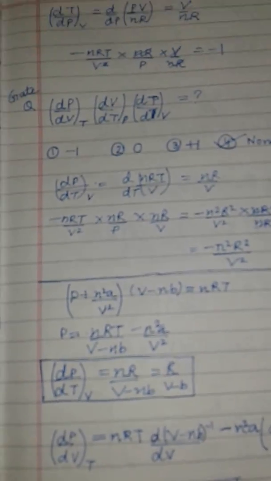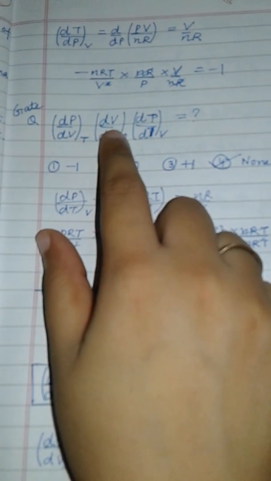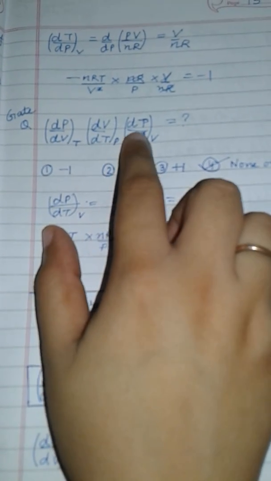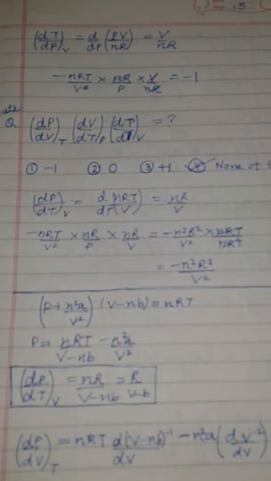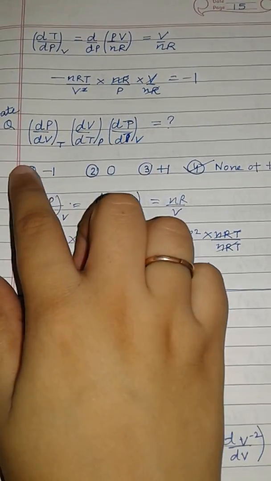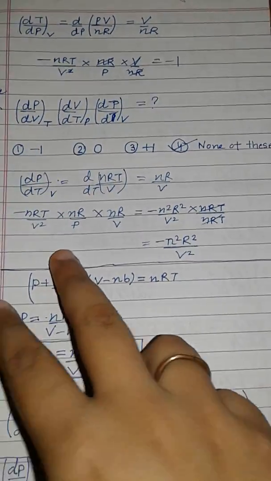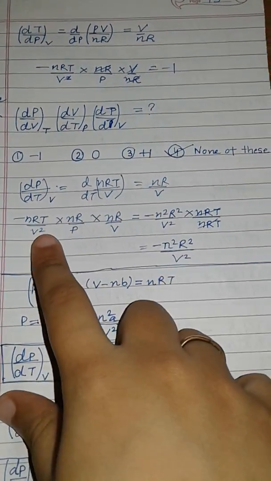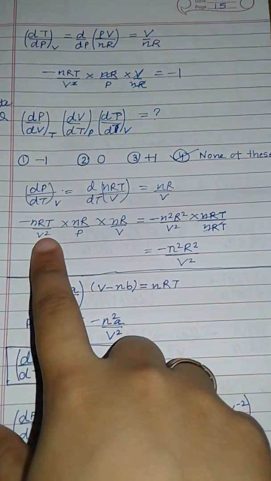Now we'll solve a question. dp/dv at constant T, dv/dT at constant P, and dp/dT at constant V is equal to what? Four options are given. The correct option is none of these, because if we put all three values, we